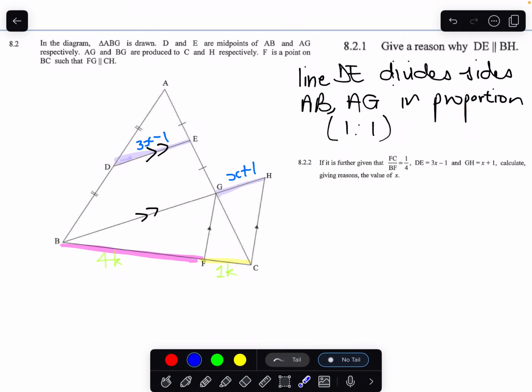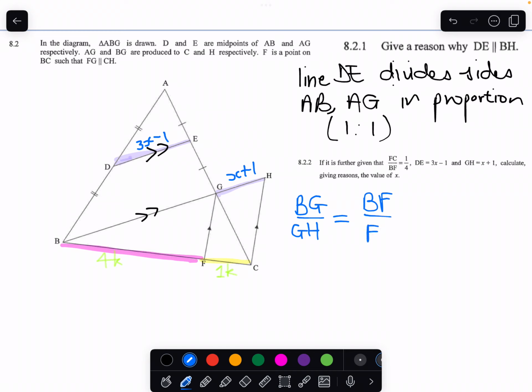Okay, so first and foremost, we know that BG over GH, I'll do it that way just because I want to get an expression for BG. I'm not going to put it in the bottom because then it's harder to get out, so I need to put it at the top. So the ratio of BG to GH is going to be the same as the ratio of BF to FC,